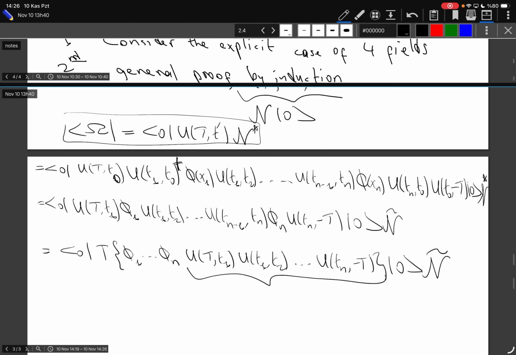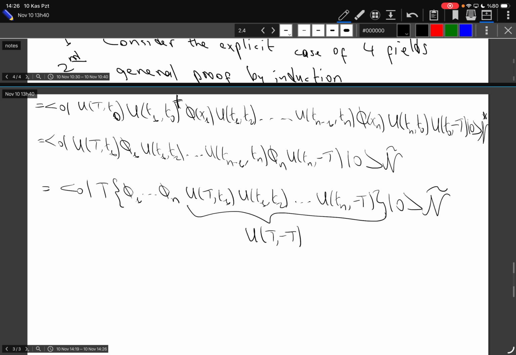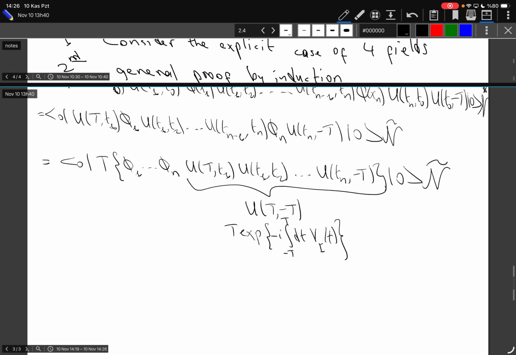Whatever the T's are, this product is always going to give me the evolution from minus T to T, which is the time-ordered exponent of minus i integral dt from minus T to T of the interaction picture potential. Now, again, the ordering doesn't matter within the outer time-ordered product, so I can just ignore the time ordering in that exponent. So I will end up having my matrix element equal to